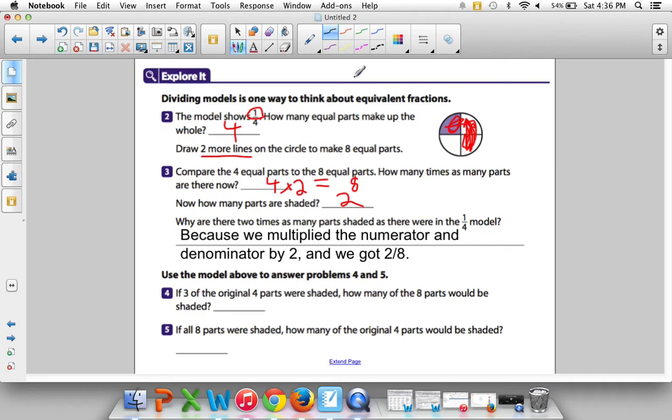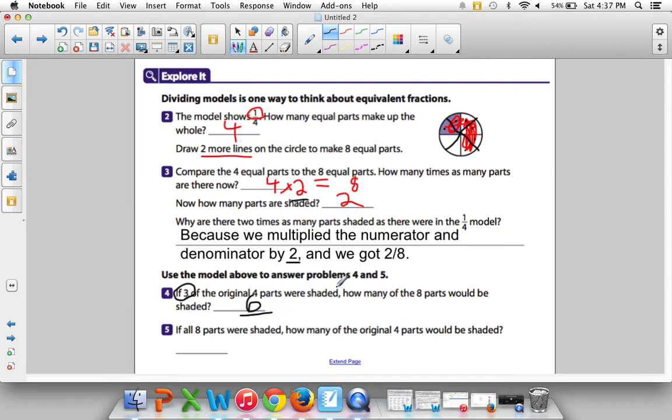Oh boy. So we have to transform this back into 8, and I'll do that by drawing a line and drawing a line again to make it 8 pieces. So when we colored in 3 and then transformed it into 8 parts, now how many parts are shaded? 1, 2, 3, 4, 5, 6. And you could have guessed that because we multiplied everything by 2, didn't we? So if it started off with 3 and then we multiplied everything by 2, well, 3 times 2